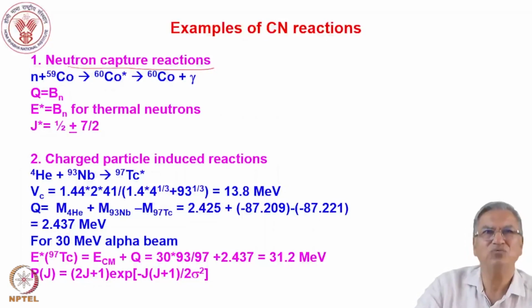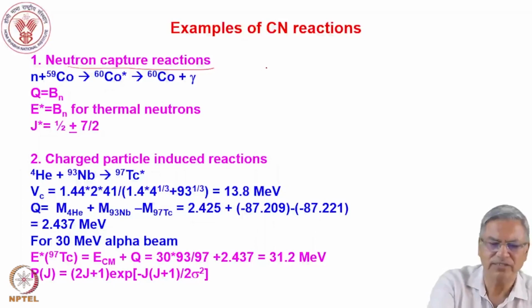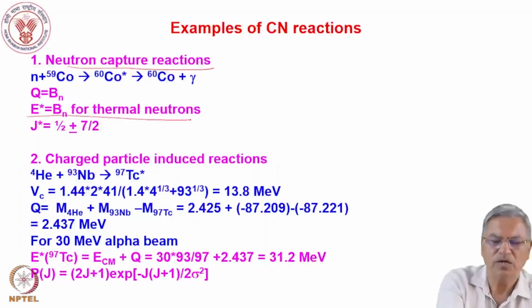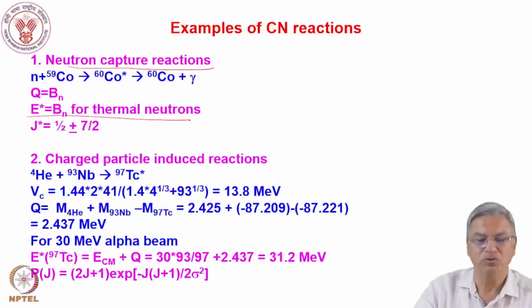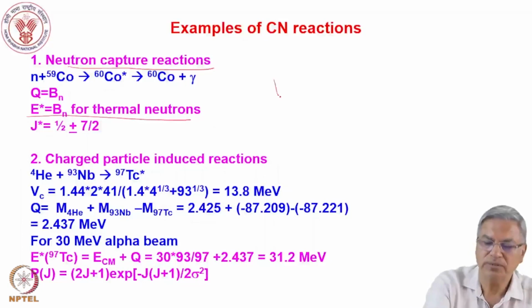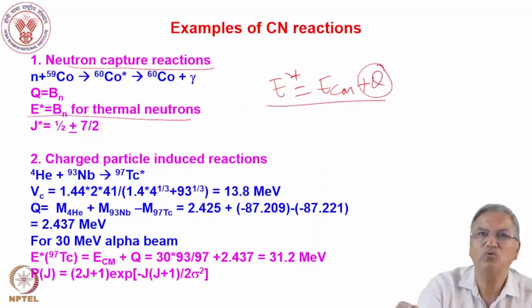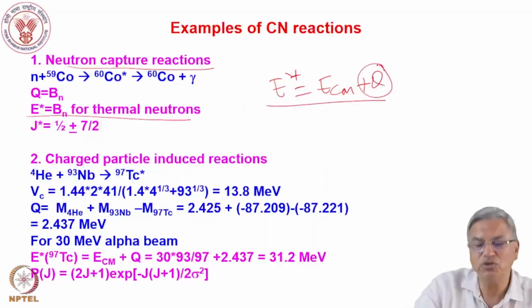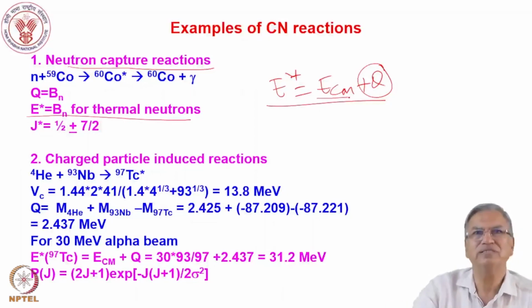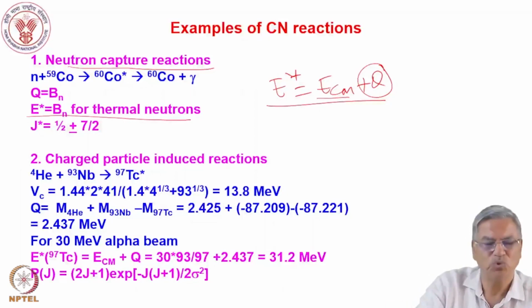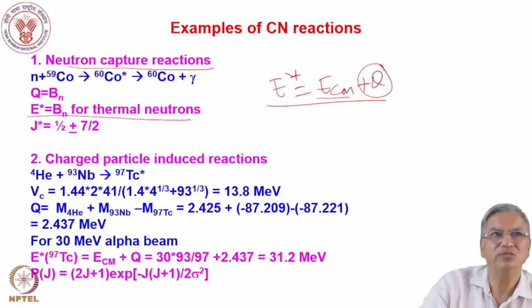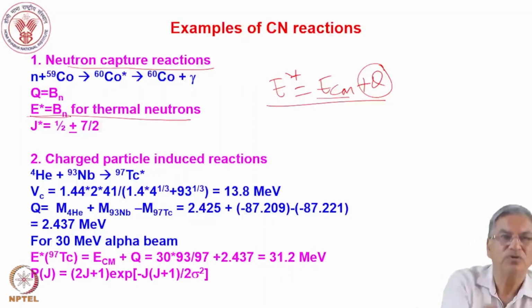When the neutron is captured by the nucleus, it is amalgamated with the nucleus and the compound nucleus is excited to an excited state. That excitation energy will be equivalent to the binding energy for the thermal neutrons. So essentially excitation energy is ECM plus Q. The Q value for the neutron capture reaction is the binding energy of the neutron in the compound nucleus. And if you take thermal neutrons, then the spectral energy is close to zero. So that is why in the case of thermal neutrons, you can say excitation energy equals the binding energy